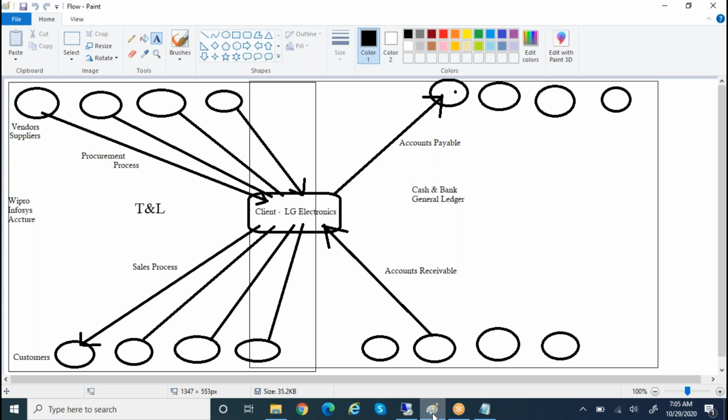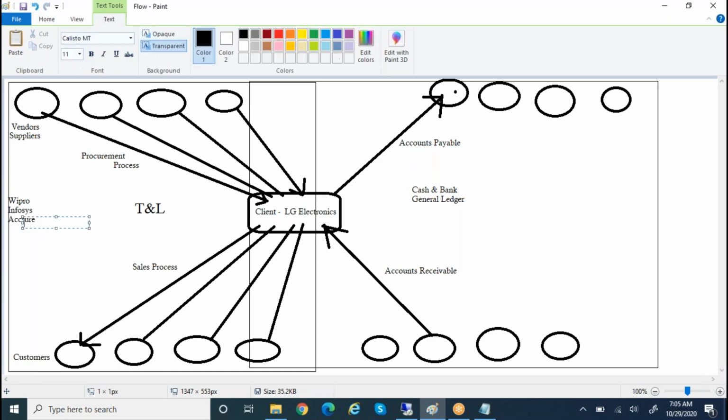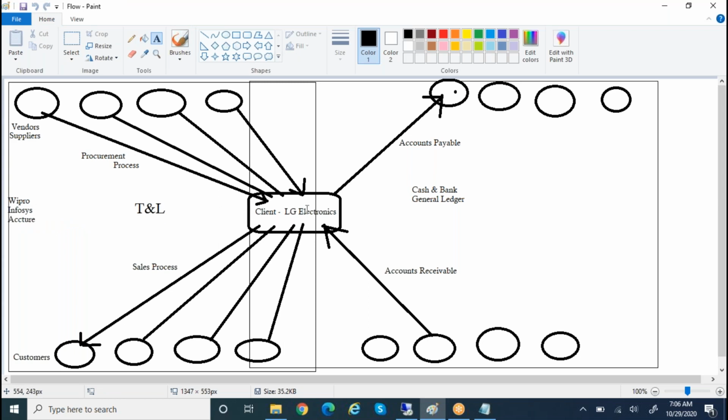Don't get bored. Always remember, you are working in a software company. Once you get an opportunity, you are getting into a software company, that may be Wipro, Infosys, Accenture, Godrej, Hitachi, TCS. There are many companies in the market. You are working in that company, but you need to imagine where you are going to implement this product.